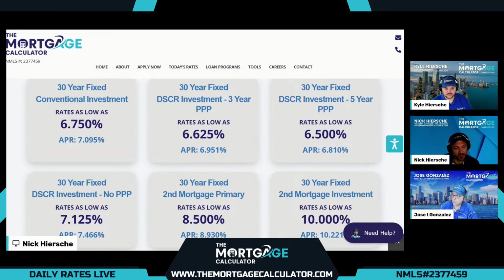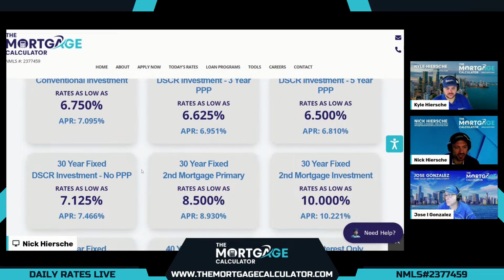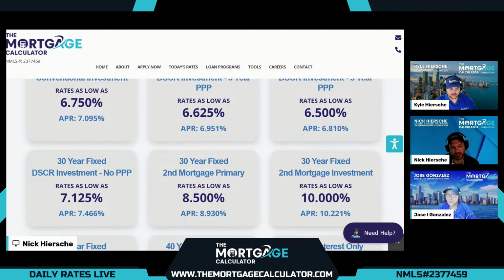And our final two demos we did yesterday, a deep dive into this. These are our fixed rate second mortgages, which you'll see are different than our HELOCs, which Jose is going to go over in a minute. So these are fixed rate second mortgages that use alternative docs for a primary home to get cash out without touching that first mortgage. So many customers want to get cash out.